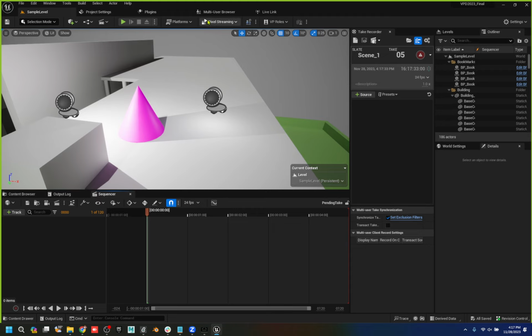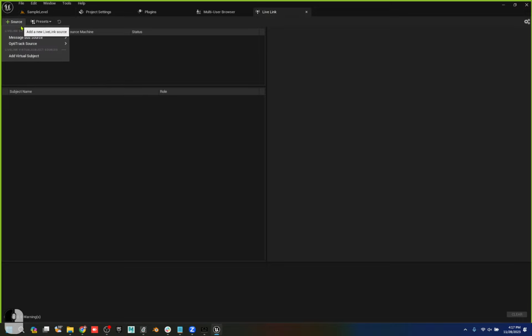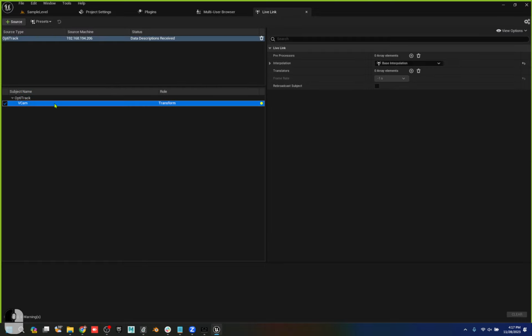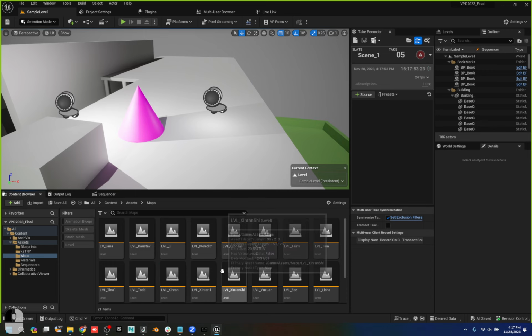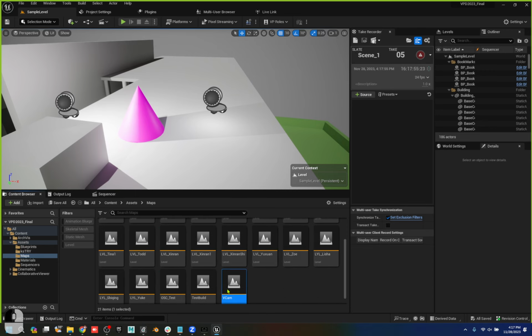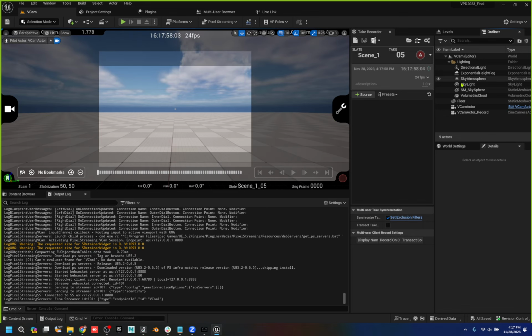Cool. So now when I go to Live Link, I have OptiTrack Vcam coming in, and it's green. That was super easy. And then when I go over to my level that I just created, which was going to be Vcam, I have a virtual camera in here,